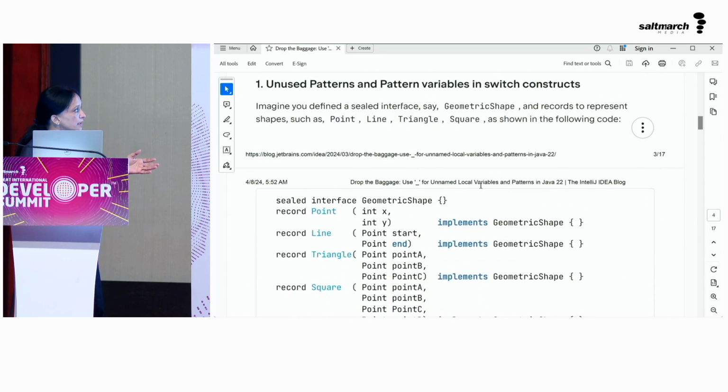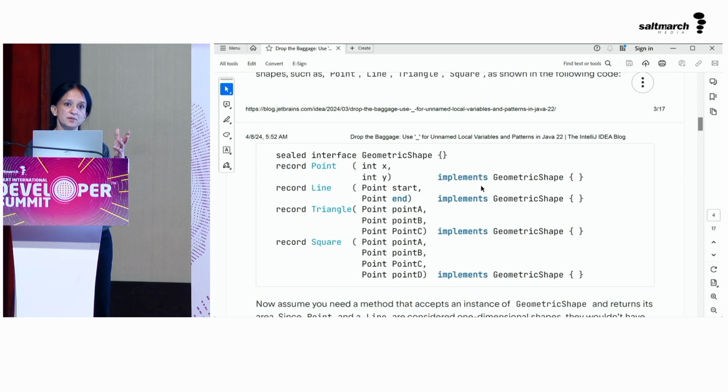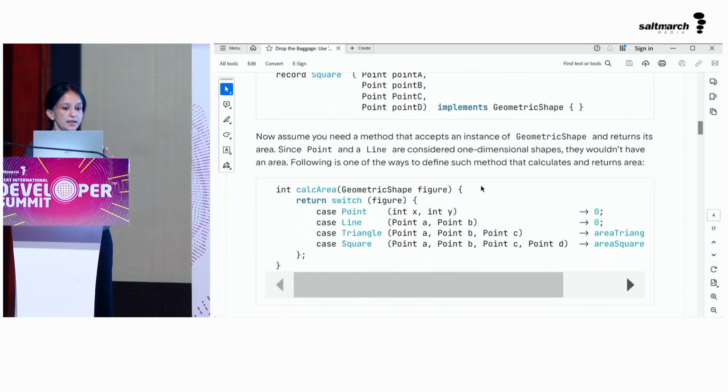As I mentioned, a lot of times the variables cannot be dropped because the language syntax requires that. For an example, here is a